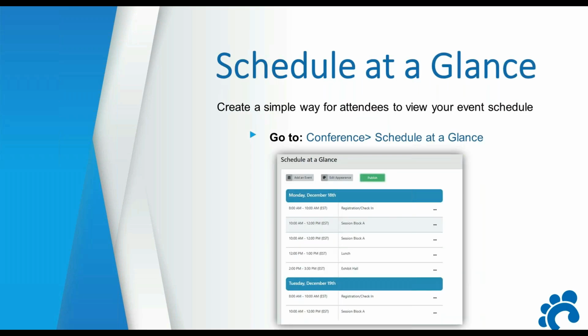So before, you could actually see the entire schedule. But now if you just want to show a snapshot, a glance at your schedule, you're going to be able to create that. And you can add things rather than just your sessions as well. For example, if you wanted to add a lunch, a dinner, an excursion, a break, your breaks within your schedule. Now your attendees from the landing page will be able to see the whole schedule without seeing the individual sessions